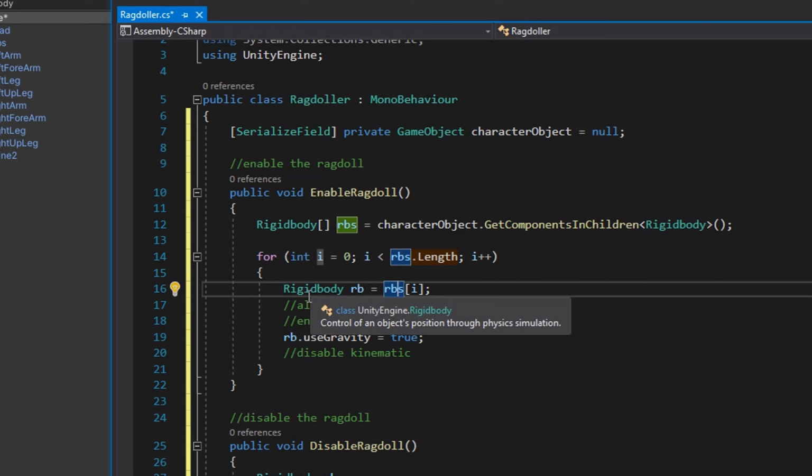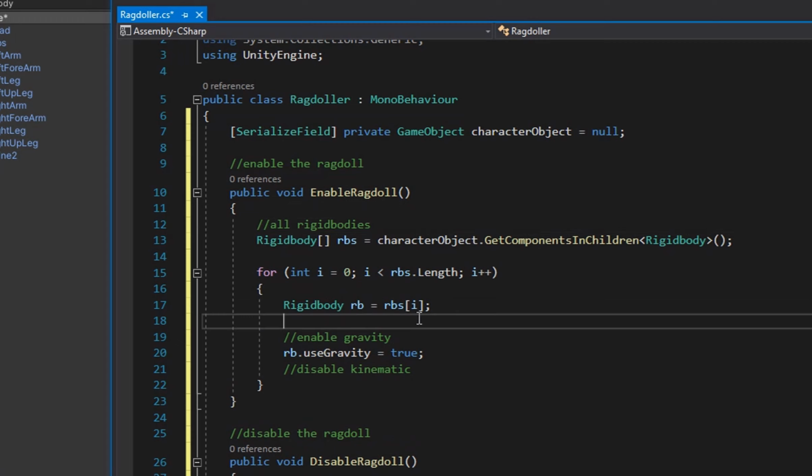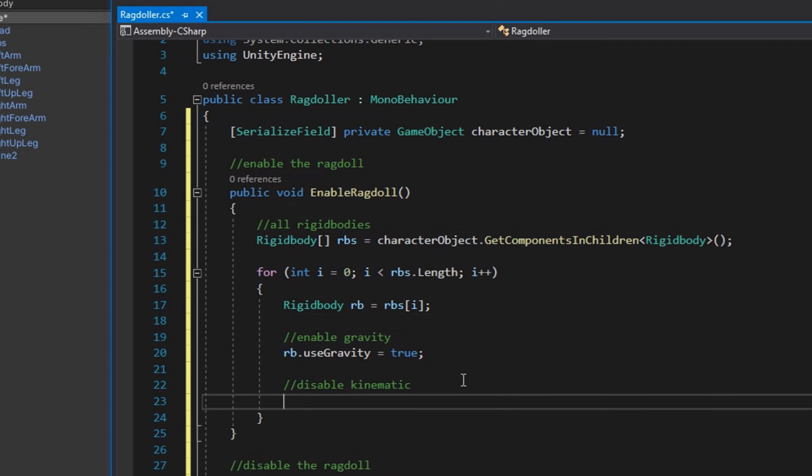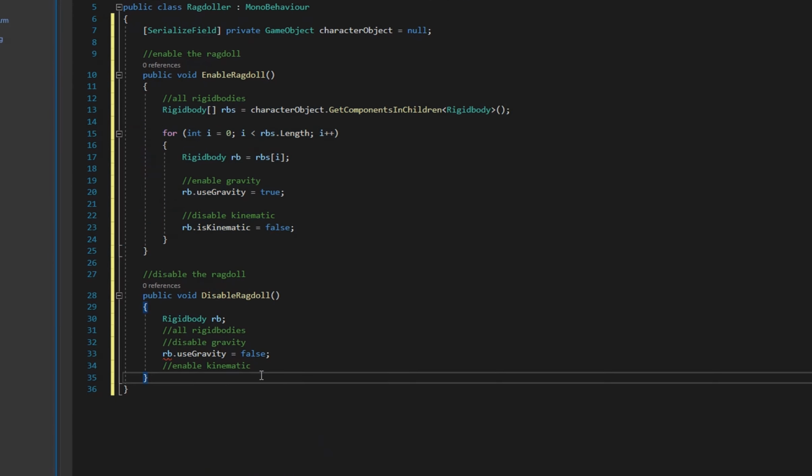Okay, so this is just saying, as we iterate over this rigid body array, I'm going to grab the one here, and for simplicity's sake, I want to set that into the RB rigid body so that I don't have to say RB's I every time. Not a big difference. You're losing a little bit of memory, but I think it's worth it for readability. Okay, so let's disable kinematic. So we go to RB kinematic is kinematic equals false, and we're doing the exact same thing for disable, but we're reversing